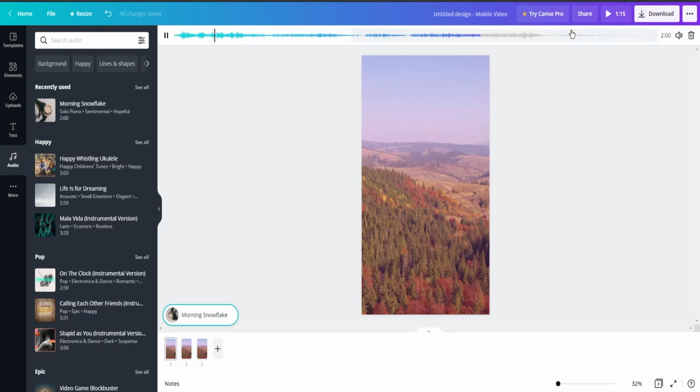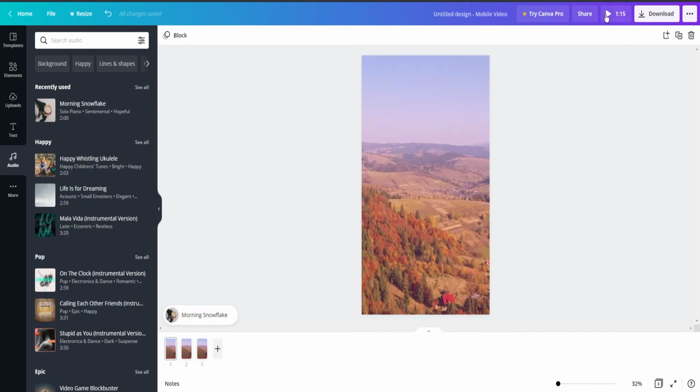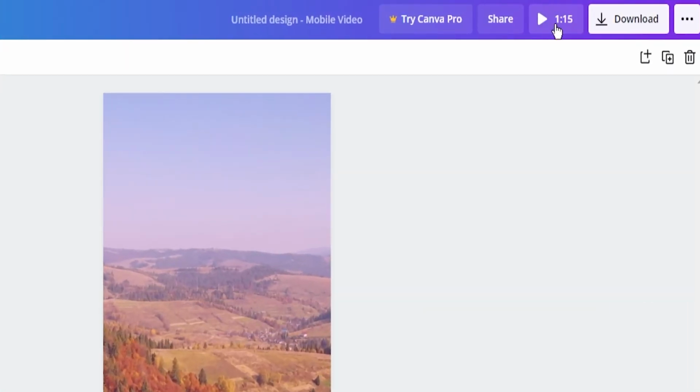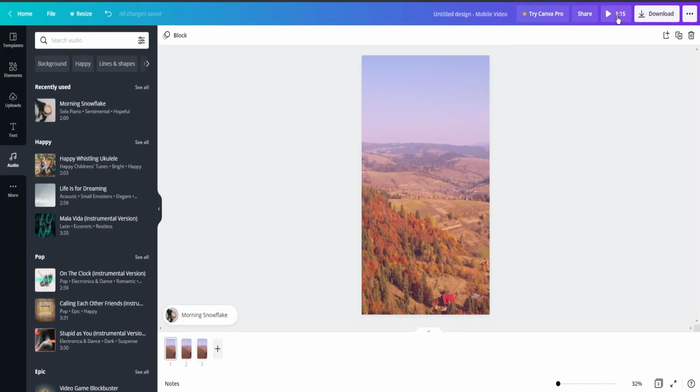What we want to do from here is add the different types of text on here. Now just before we add the text in here that we're going to copy from one of those memes, you can see here that the time over here is 1 minute and 15 seconds. What we want to do is bring that down to under a minute.